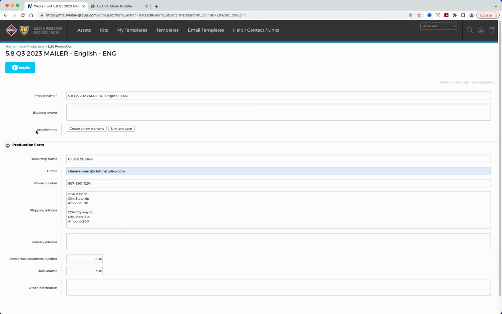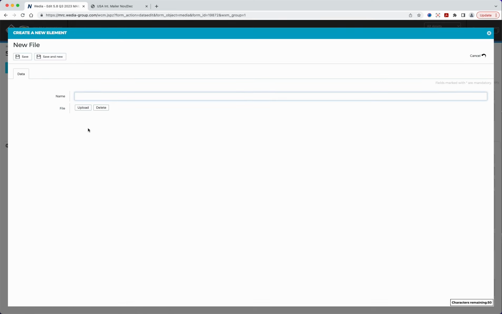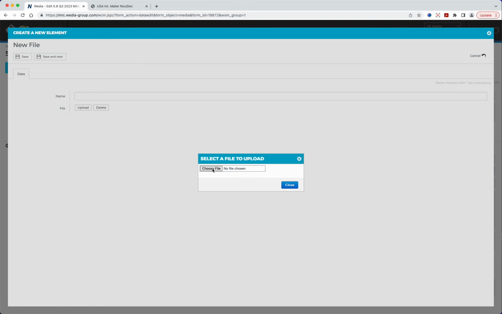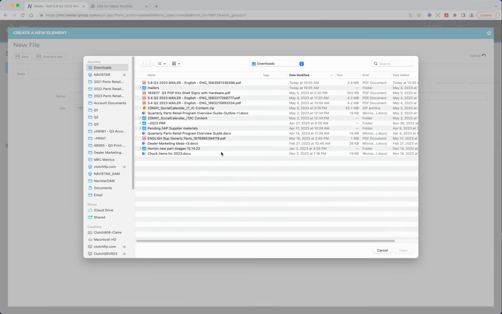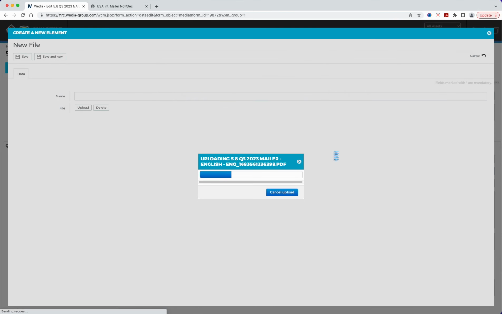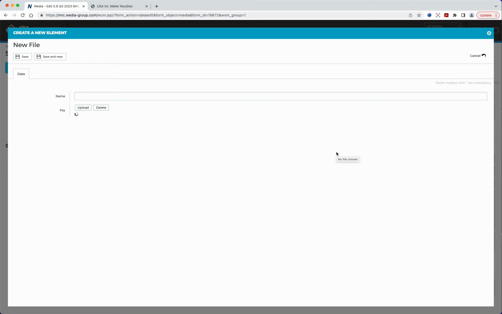So where it says attachments here, near the top, you're going to click create a new element and then upload, and then choose that file from your computer. Click a random one. And so that's going to go ahead and upload. And like I said, it would be an Excel file or a CSV ideally. And so now that's uploaded, click Save,